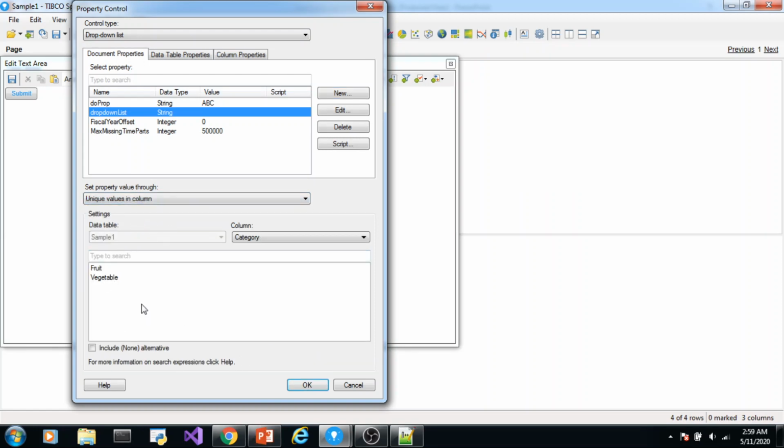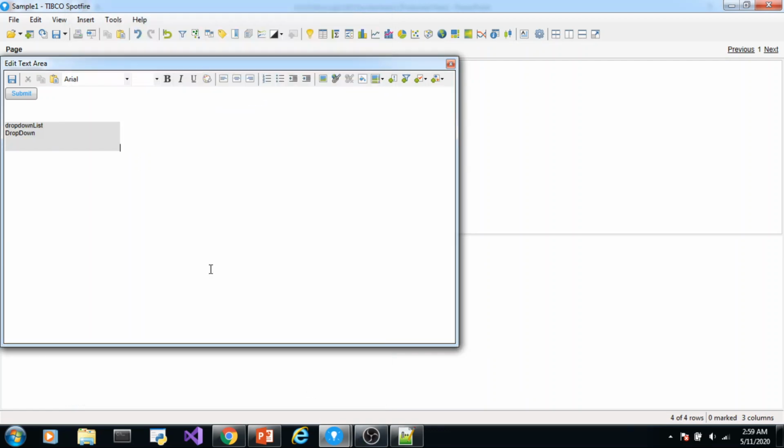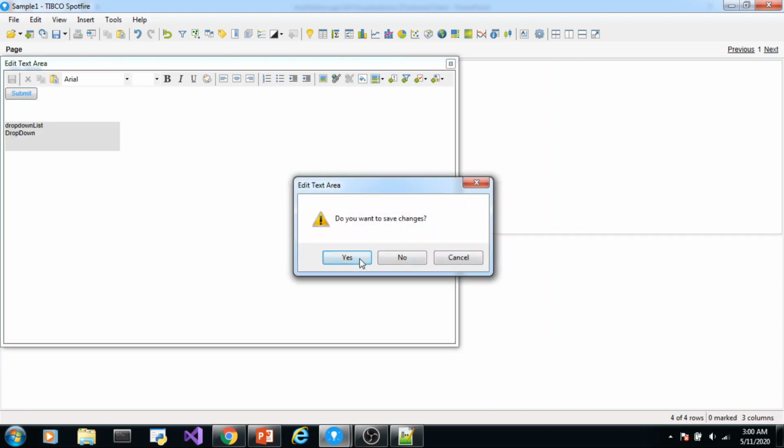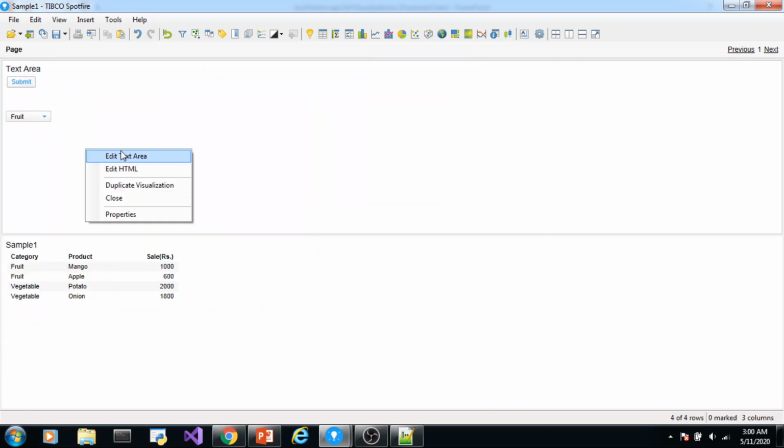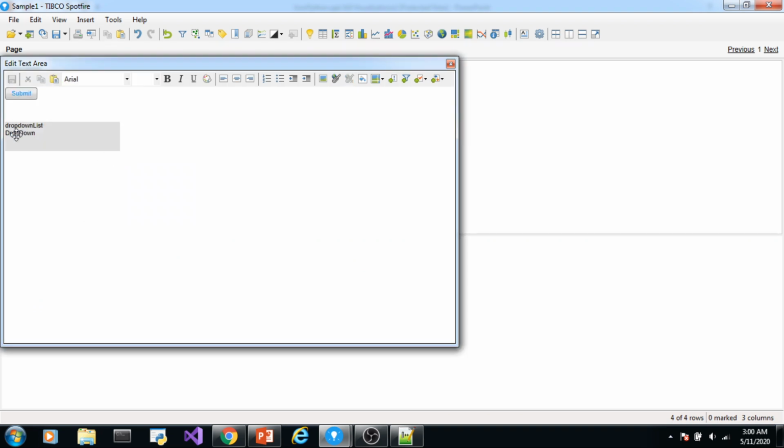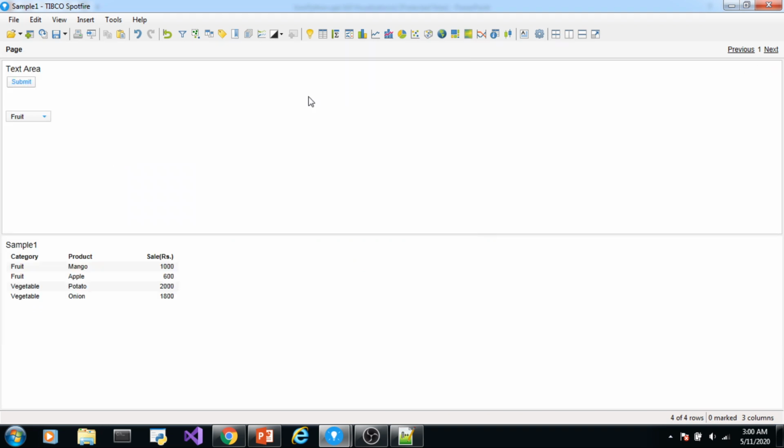Let it have two values. So the name of the document property control is drop down list.